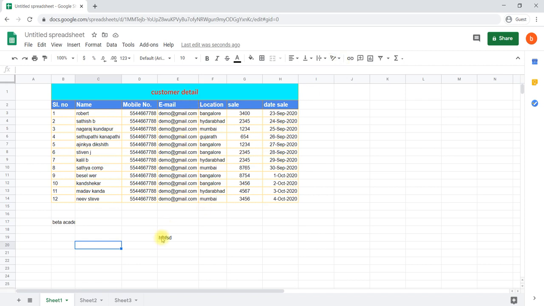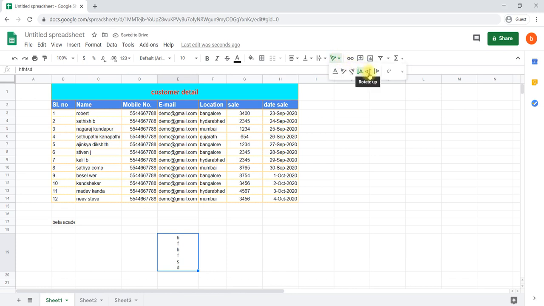Then one more thing comes, it is about rotating a text. For example, this particular text if you like to rotate it like this, tilted up or down, or if you like to write it vertically like this, within one column width.